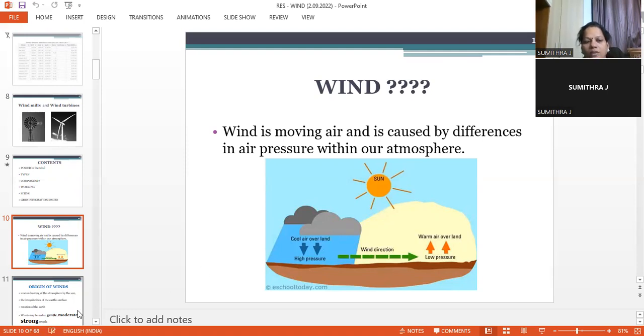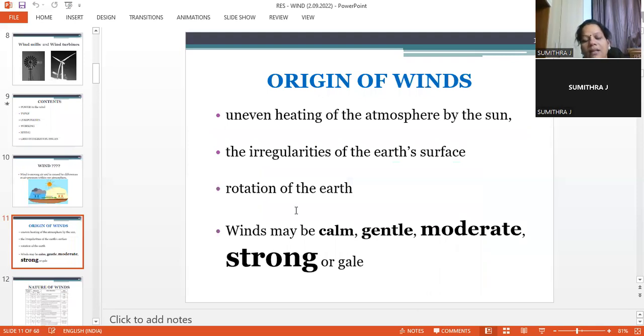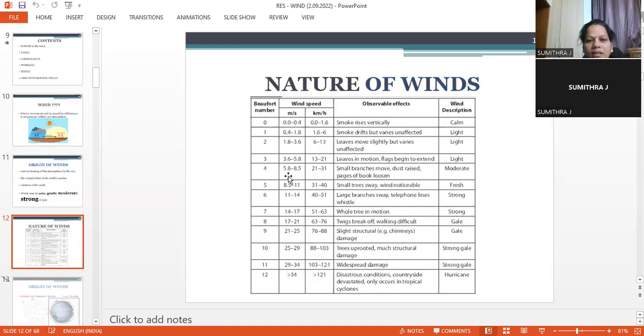Next, coming to the origin of the wind. I already mentioned that wind energy does not come only from the wind itself; many other factors act as the origin. Uneven heating in the atmosphere caused by the sun is one of the main factors for creating the wind, and along with that, the irregularities of the Earth's surface and the rotation of the Earth. These are all the various factors which result in the formation of wind energy. Based on the intensity of the wind, we can classify the wind as calm, gentle, moderate, and stronger scale. And based on the intensity of the wind, that is the wind speed